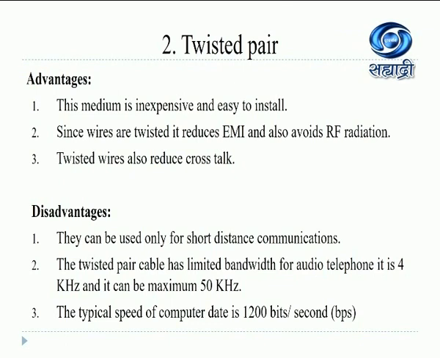Now what are the disadvantages of this twisted pair? They can be used only for short distance communication. Then the twisted pair cable has limited bandwidth for audio telephone. It is 4 kHz and it can be maximum up to 50 kHz. The third disadvantage of this is the typical speed of computer data is 1200 bits per